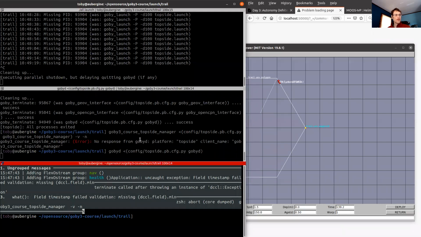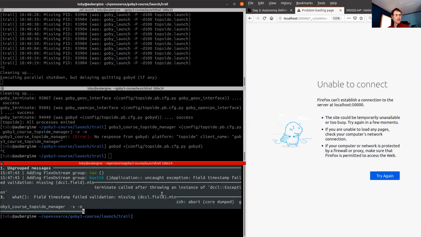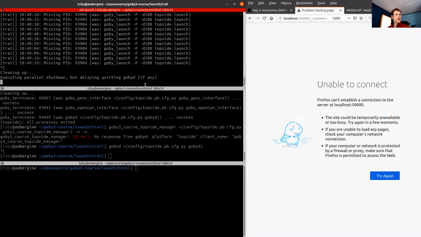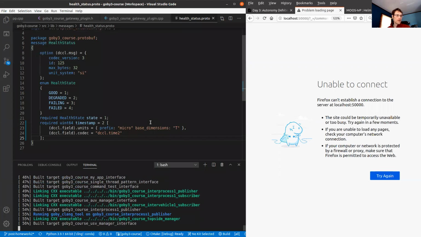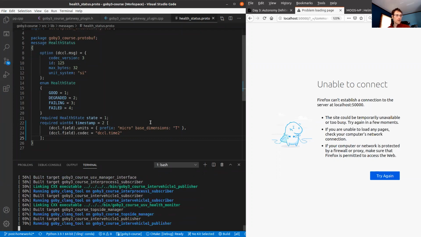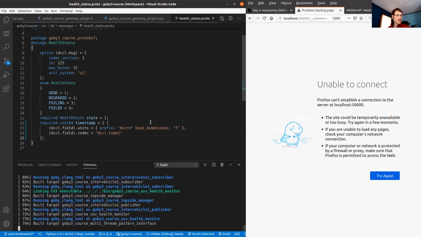Let's try to bring that down. Make sure I've got everything closed here. Make sure that all builds. And then hopefully we'll be ready to rock and roll. So if anyone has any questions on any of this, besides the part that doesn't work, feel free to post them in Slack and I'll answer them in the last few minutes here of this lecture.